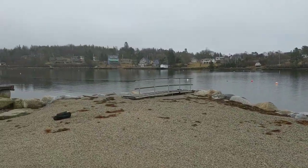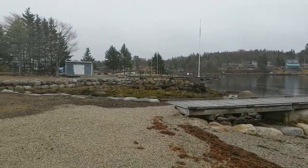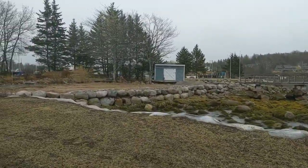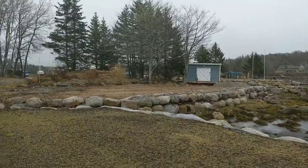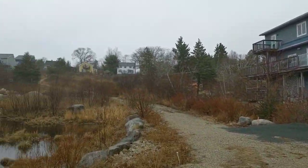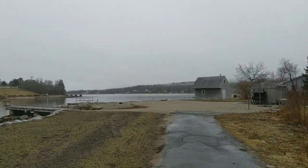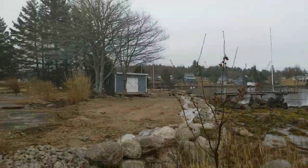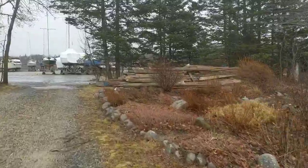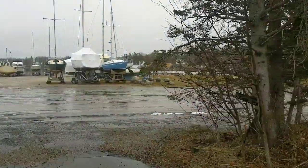And we'll just do a quick little run over to the community area for boating, for those people who love boating. Do a little pan up around here, give you an idea of some of the homes that are around here. And then also this is an area where there's a lot of cottages in the summertime, also the trailer parks as well. And this particular wharf here,